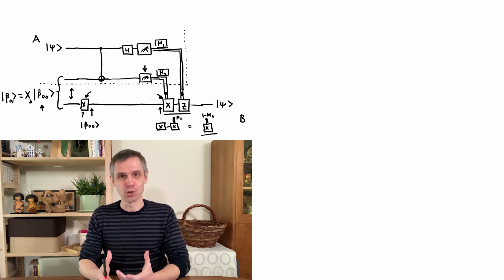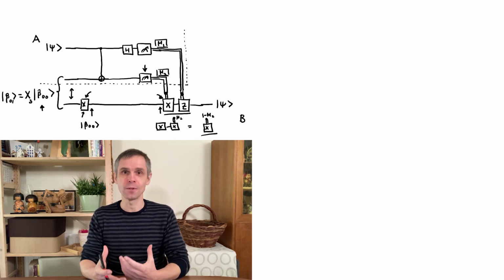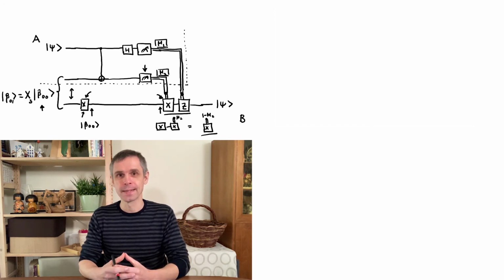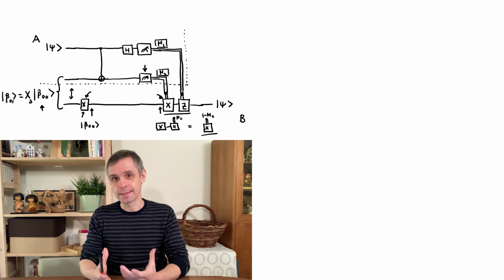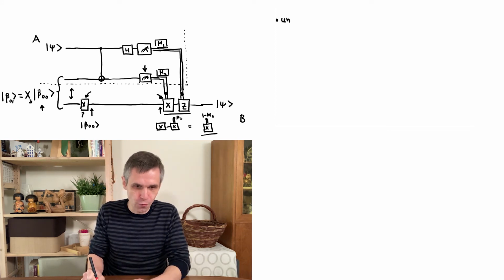But what you need to make sure of is that you indeed know which of the different Bell pairs you had at the very beginning. Because if you do not know this, you also don't know which of the reconstructing operations you need to carry out at the very end. And this can also be seen in another very instructive way. Because if you don't know which of the Bell pairs you have,